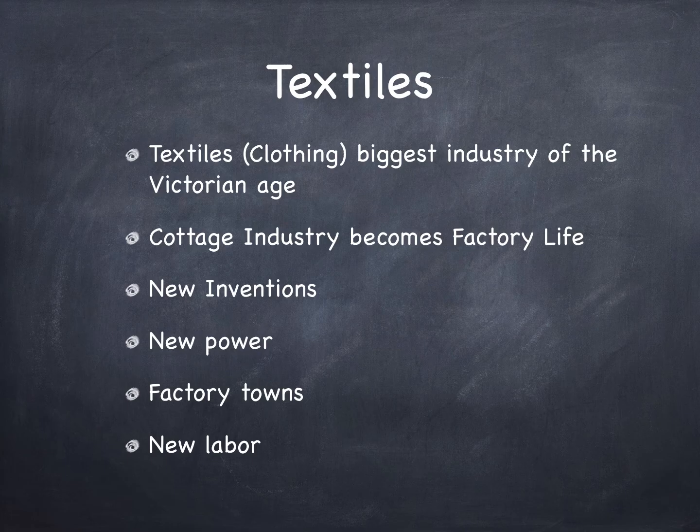There were new inventions like power looms, and the steam engine all factored in. There was this new power, coal, that would power the steam engine, so you could put a factory literally anywhere. You did not have to be near a water source. Factory towns would be built up. A lot of people would move to these towns, and the factory owner would own all the apartments, and would own all facets of life.